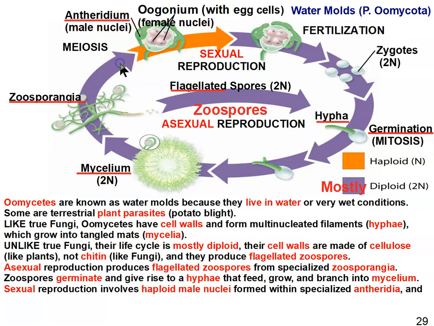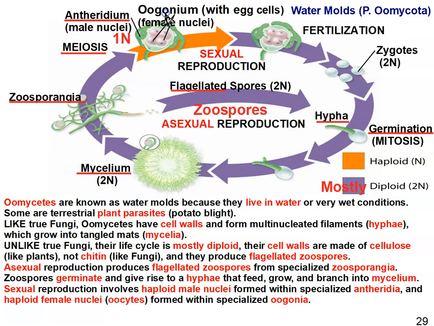And then there's an oogonium that female nuclei form in, and they both form by the process of meiosis. So they both form from diploid cells into haploid cells by the process of meiosis. Those nuclei come from diploid nuclei that undergo meiosis to form haploid nuclei. And so those, in the female reproductive structure, the oogonium,